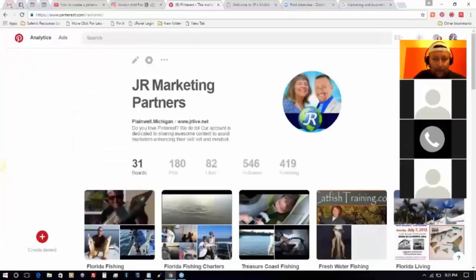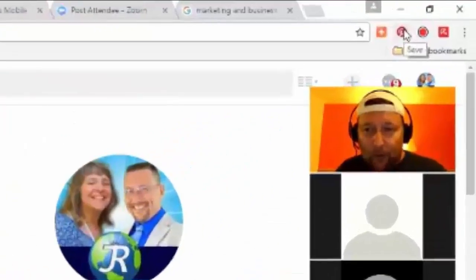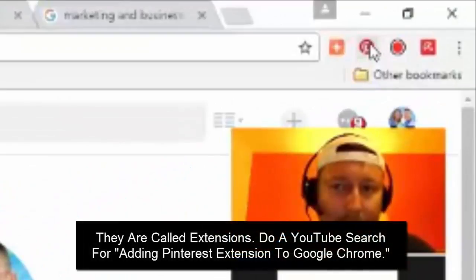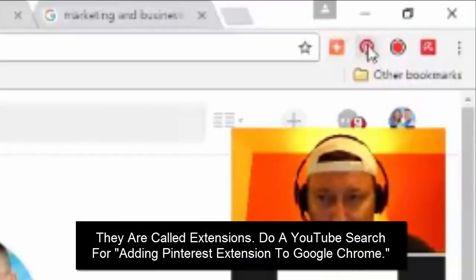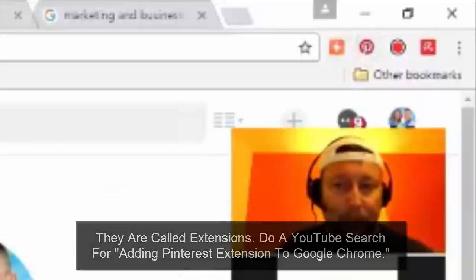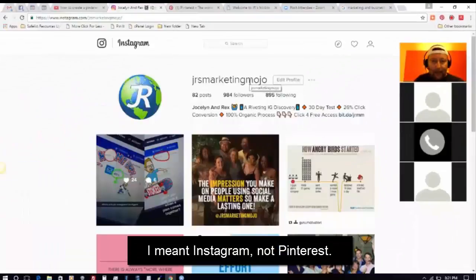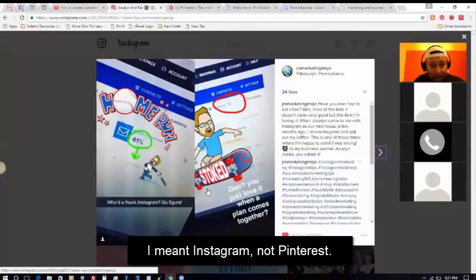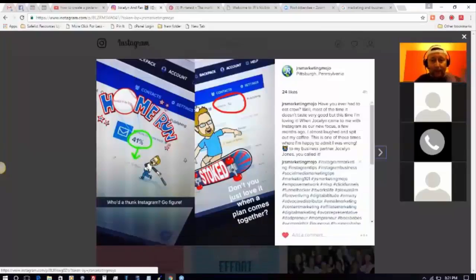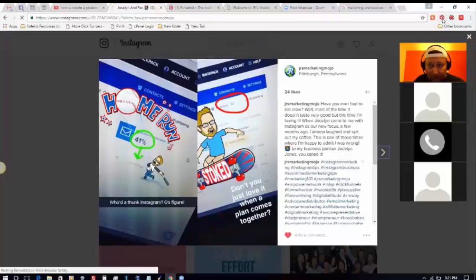If you don't already know how to do it, it's very easy to share stuff on Pinterest. Now, what I do is I utilize the Google Chrome browser, and I have an add-on. I have the ability to share on Pinterest using this little button in Google Chrome. And you can probably Google that to find out how to do it too. So what I started doing was going to Instagram and clicking on the images. Now I've been doing this online, not on my phone. I'm doing this in the web-based version of Instagram, not Pinterest, excuse me. Selecting my images here on the web-based version of Instagram and clicking this Pinterest button up here in the right-hand corner of my browser.